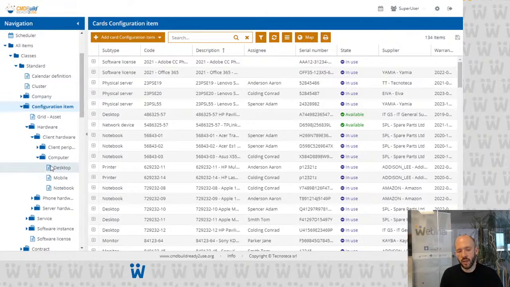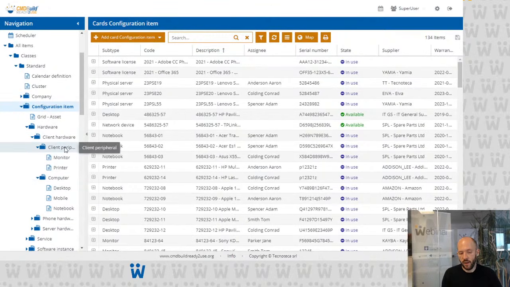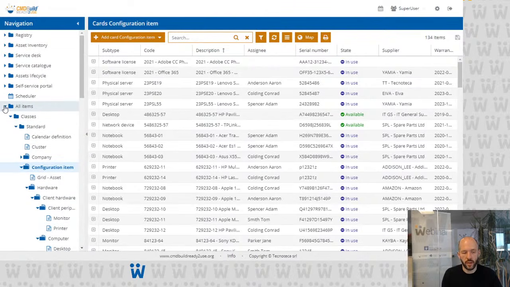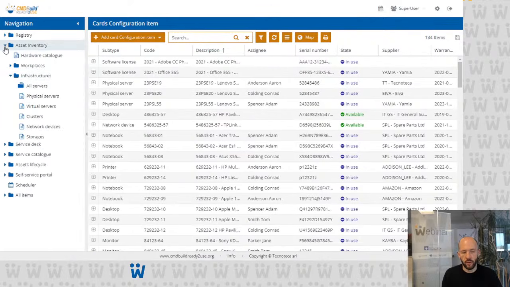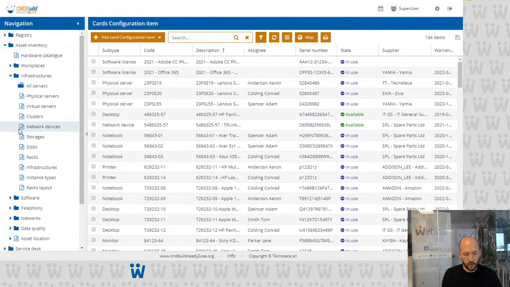And again, it's better if we hide this for the final users, but the administrator, at the moment of expanding the data model, for example, or tuning the data model, must be aware that there is a hierarchy, and new classes must be placed in the correct place in the hierarchy. So if I have a new peripheral, I will place it in the client peripheral class, and so on. So this was just to mention the structure that we have. So going back to the asset inventory,